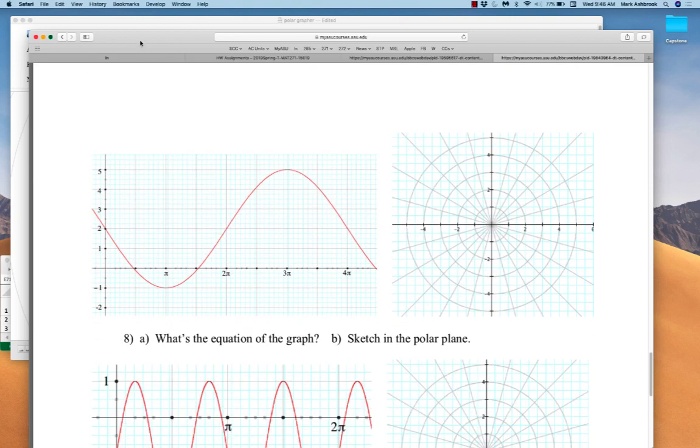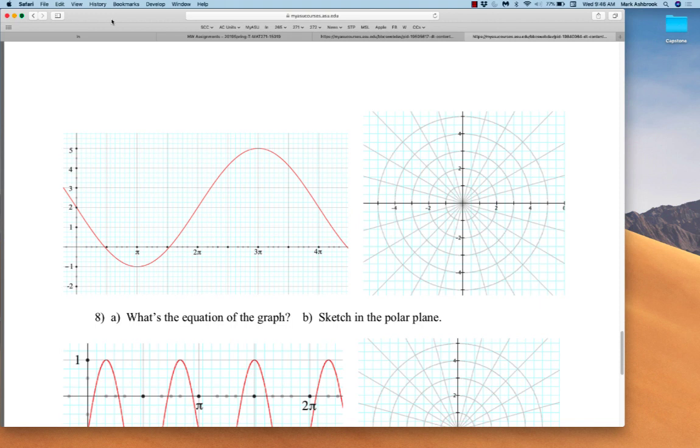So, the first thing is I'm giving you the graph and asking you to work backwards to write the equation. In rectangular coordinates like these graphs, either way, given the graph, write the equation, given the equation, sketch the graph. And then we know that we use this graph to sketch the polar graph, right? Okay, so